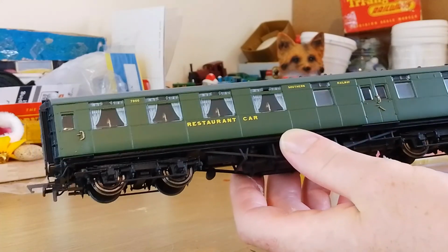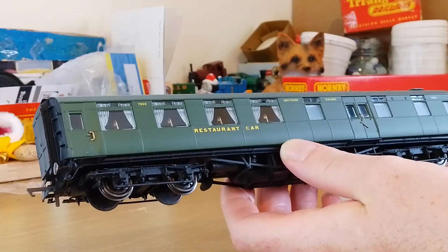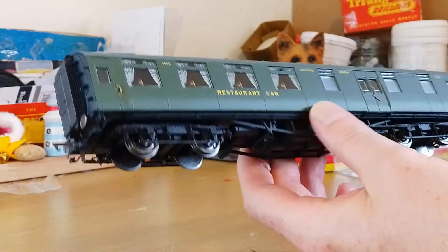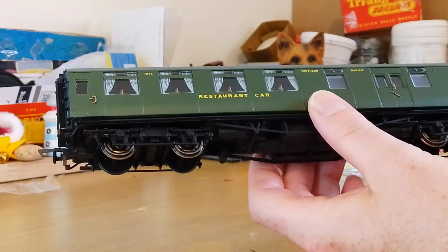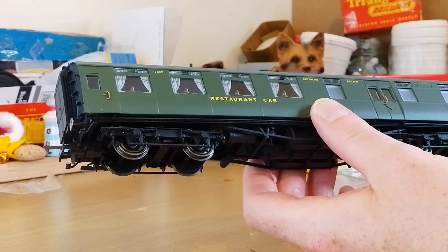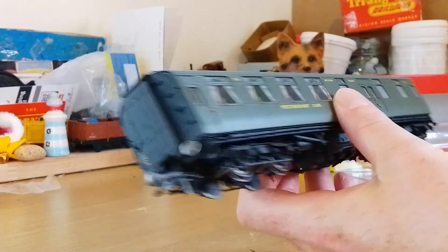So I got this coach off of Hatton's for £29 as a bargain, because the RRP is £58.49, so that's nearly £30 off the RRP. The other ones on the website are still expensive, but £29 for this level of detail on a coach is